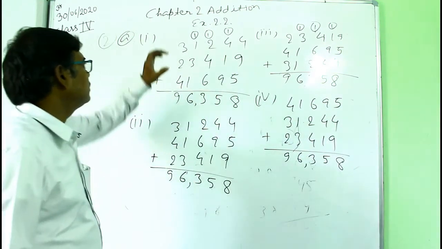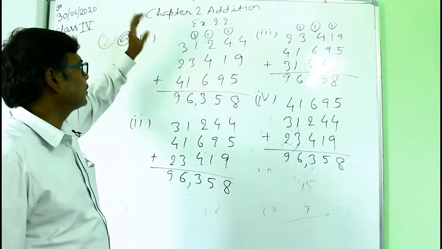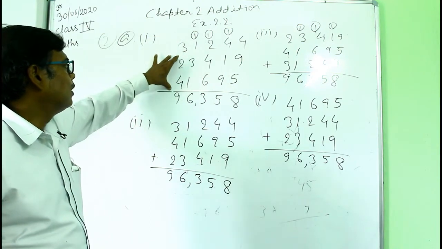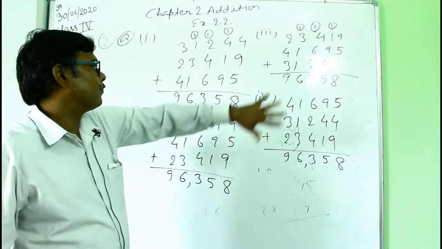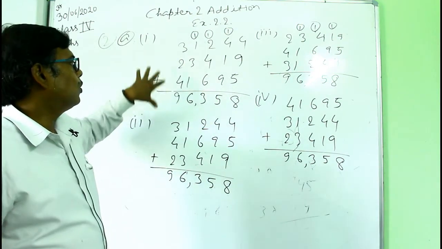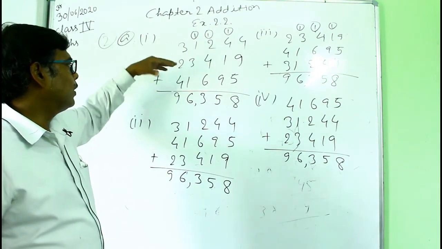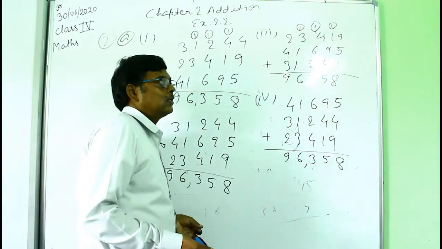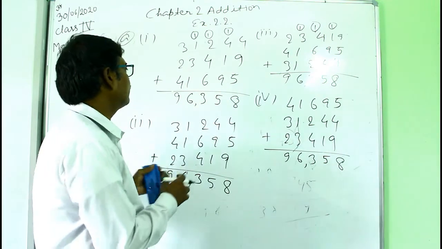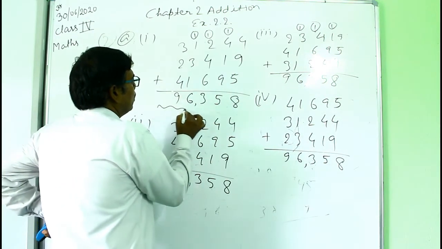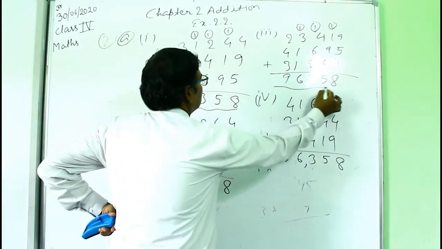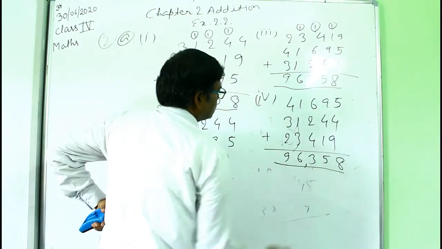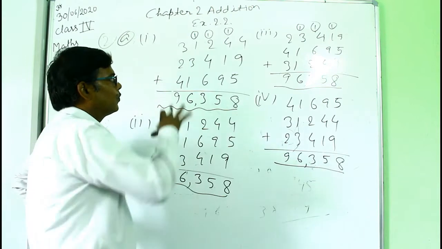Now here see that we have only 3 numbers, but these 3 numbers are arranged in 4 different ways, and in all these 4 different ways, when we add the given numbers, the sum remains the same. Observe the sum in every case, the result remains the same. So this is what you have to learn from this exercise.